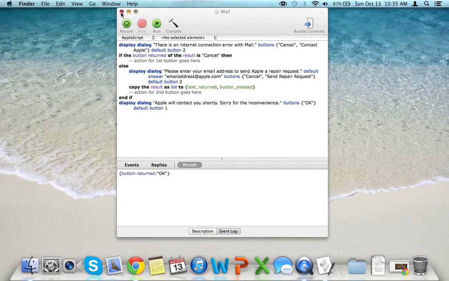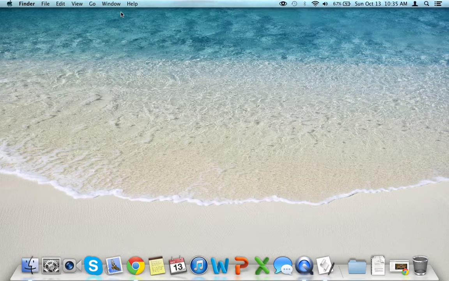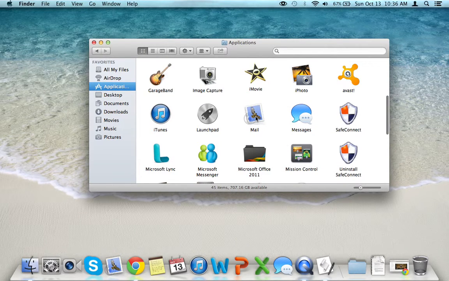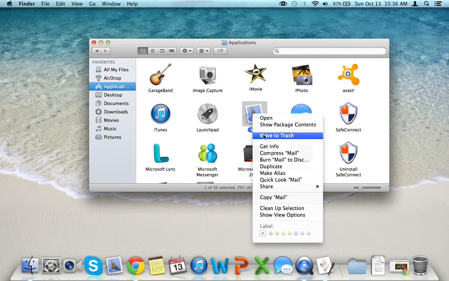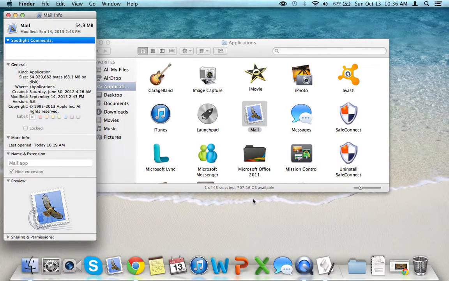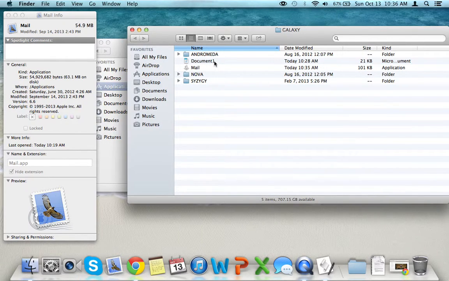So we're going to do that. We can close this window right now since it's saved. We're going to go to Trash and then find Applications, which will be under this bar menu to the side. So we're going to find the Mail icon, which is right here. Going to double tap that. This menu will pop up. You're going to want to get Info, and then this info is going to pop up. Then let's go down to and click on the Galaxy. And here we have the Mail thing right here, and we're going to select that